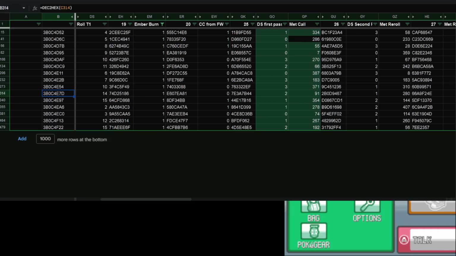And yes, there's going to be some variance because of lag frames, but it's going to be about this much. I can say this is going to be the average center point of this cluster. But that's not the case for Red. The reason it's not the case for Red is because you reset the game after the Elite Four, and the frame count starts from when you've last started the game. But the time starts from when you obviously set the time of the DS clock, which happens before the run